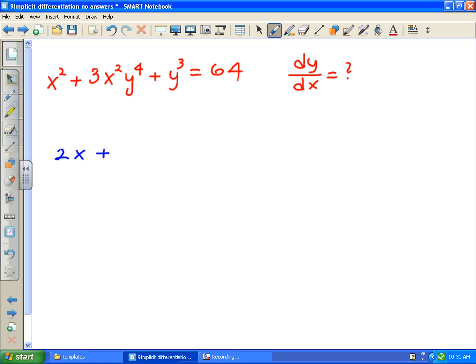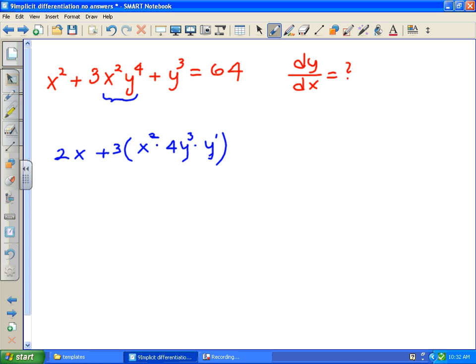Plus. Okay, I'm going to keep that 3 out for now. So I'm looking at the derivative of this quantity, x squared times y to the 4. X squared is my first factor, y to the 4 is my second factor. According to the product rule, I must write the first one. Again, you can switch the order of things, but you write one of them, and you multiply it by the derivative of the other, which is 4y cubed times y prime, because we're differentiating both sides with respect to x,